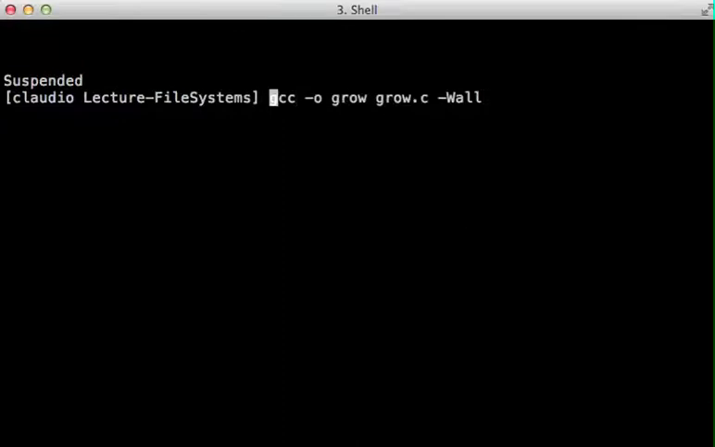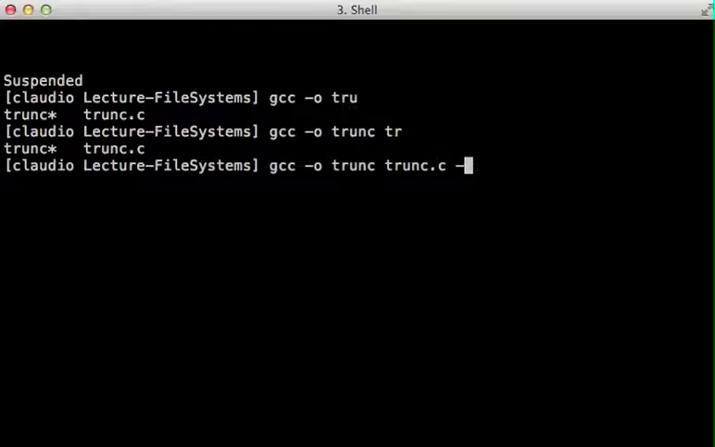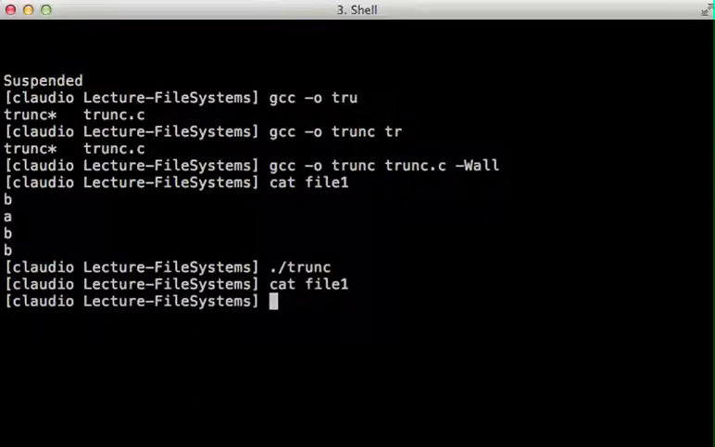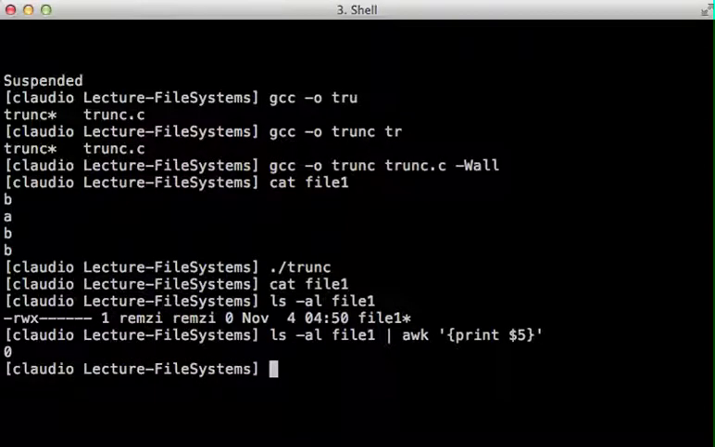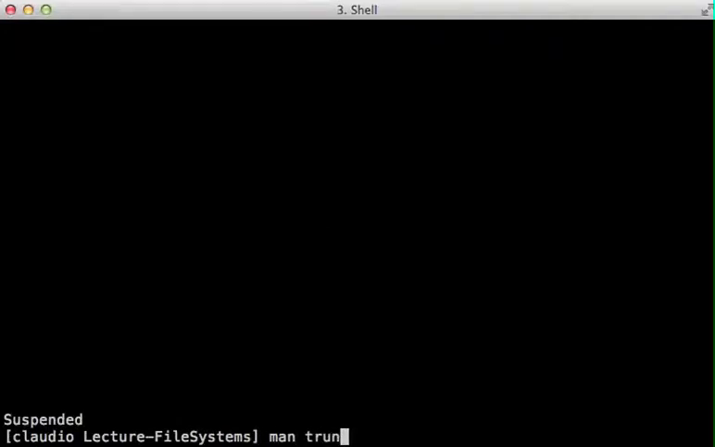So if I go ahead and compile trunc, you can see that works fine. We cat file1 to begin with, we call truncate, and we cat it. And at that point, we know that the file size is now 0, which you can see is actually the 5th field of that ls listing there. So truncation works, and you can look at the system call truncate(2)